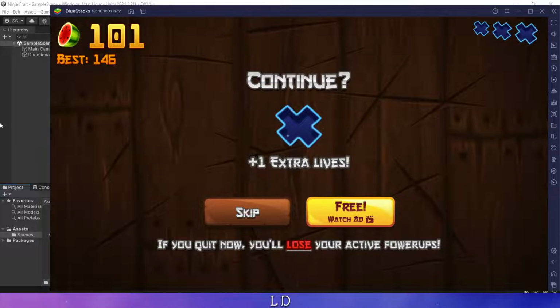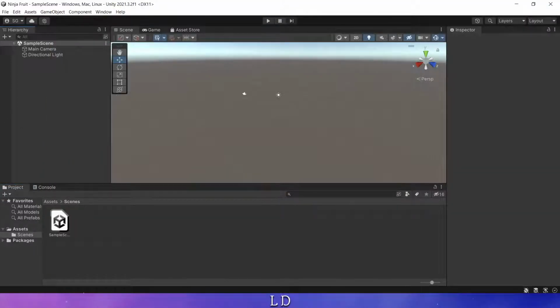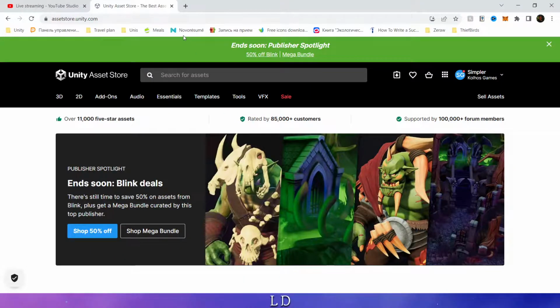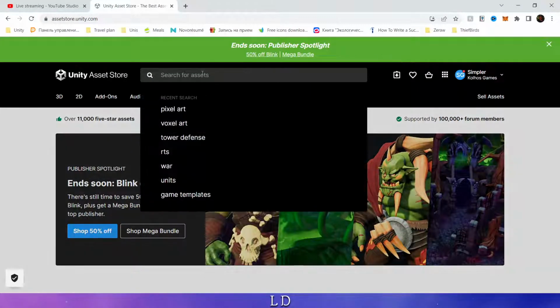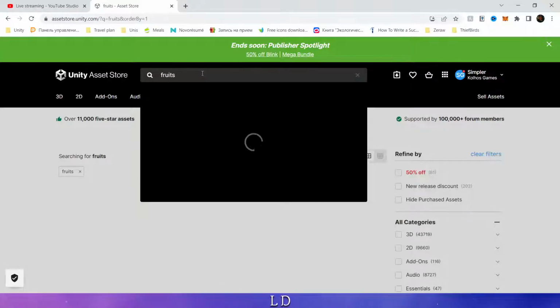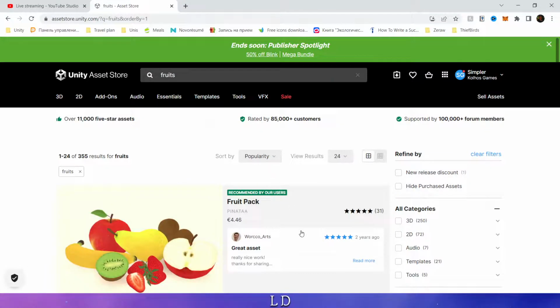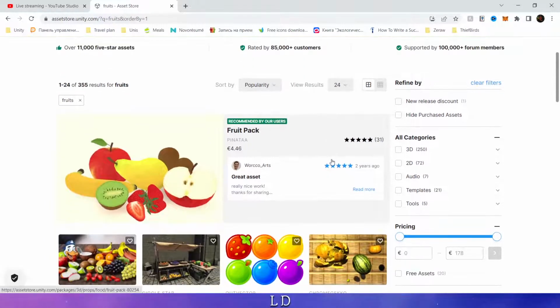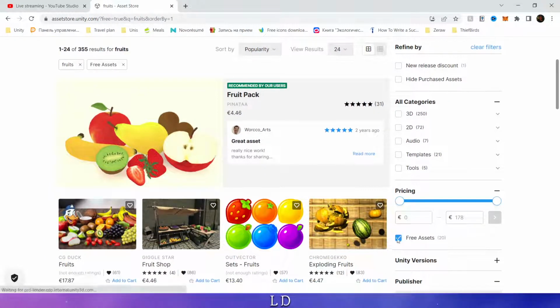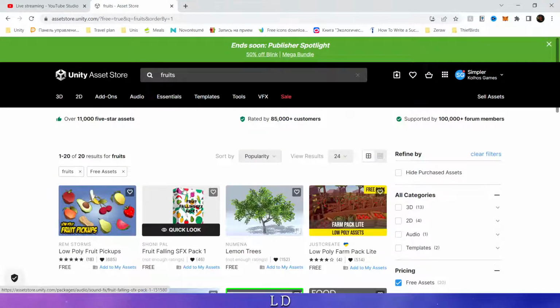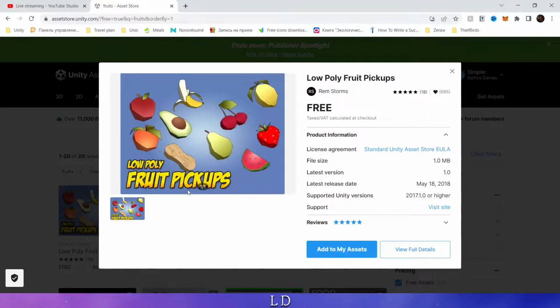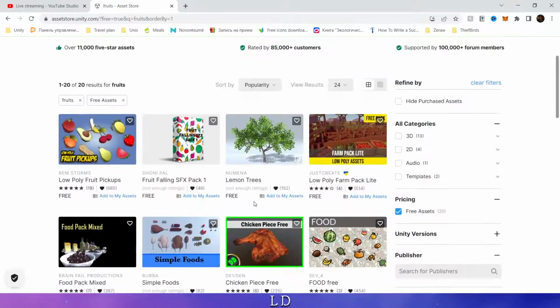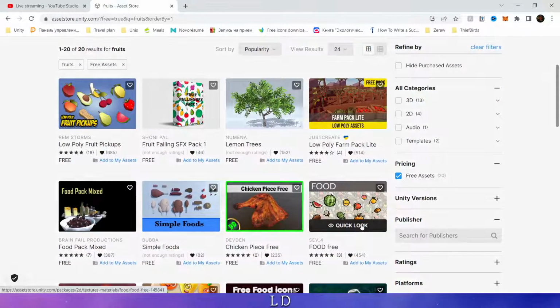Okay. First of all, let's add the fruits and knives, and then we'll realize later probably how it's supposed to look. Okay, fruits first, because I'm not gonna be modeling all the fruits. I'm a terrible 3D modeler. Okay, we have fruit pickups. Are they cut in half? I don't know. This pineapple, wait, oh look,